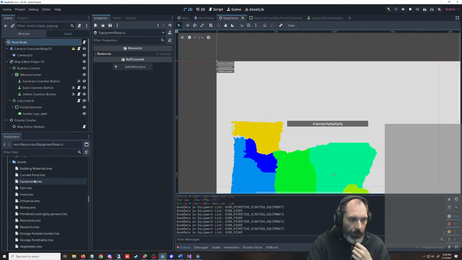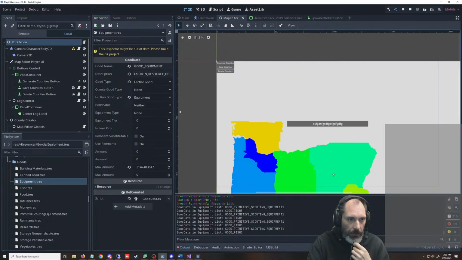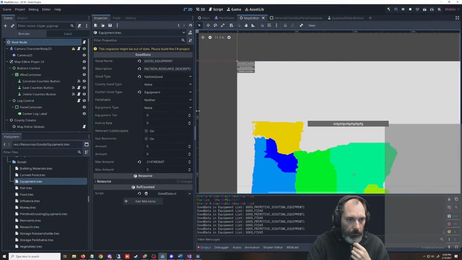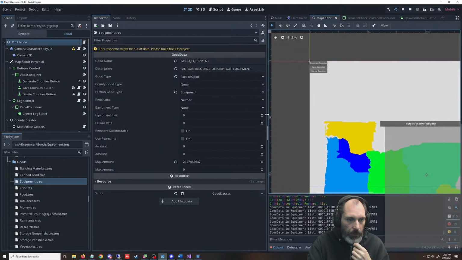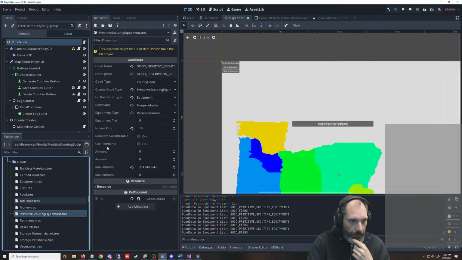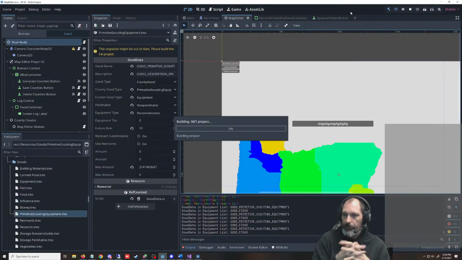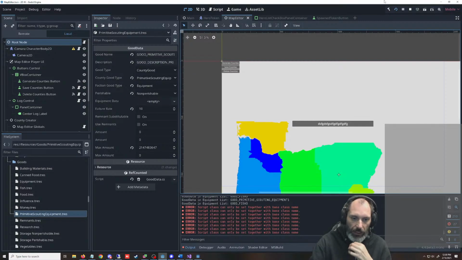Let's see how we can do this here. I don't remember what this is. Oh, I do know. That's a faction. All right, yeah. This is the one we need to set up. We need to build this again. This is the error that I was talking about, that I don't know what it is and I don't know how to fix it.